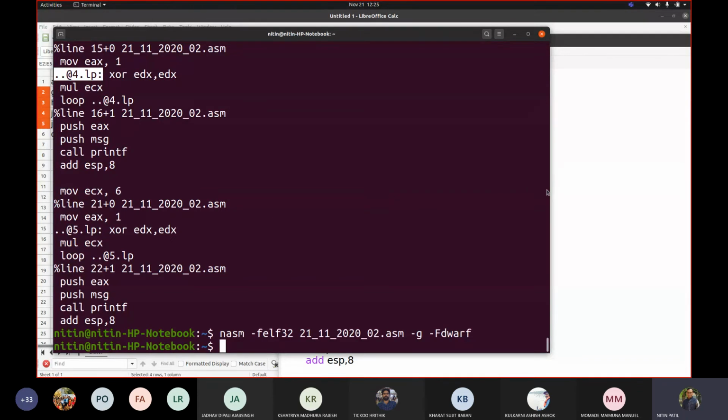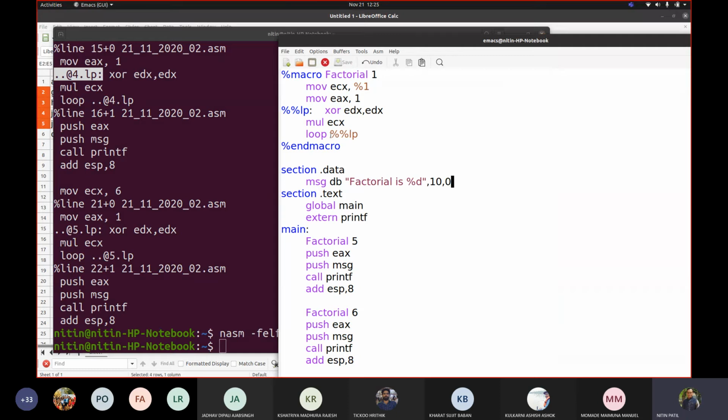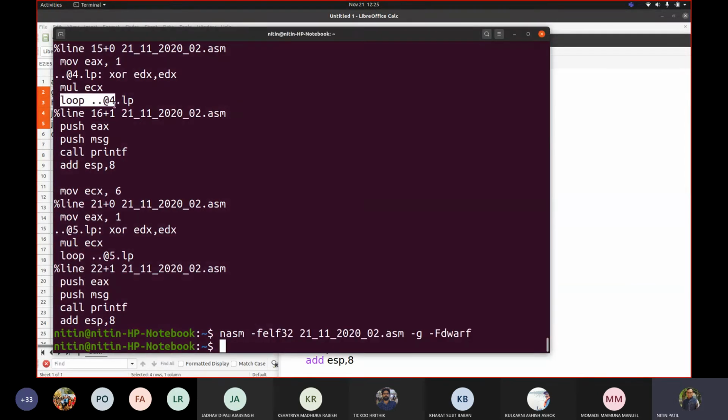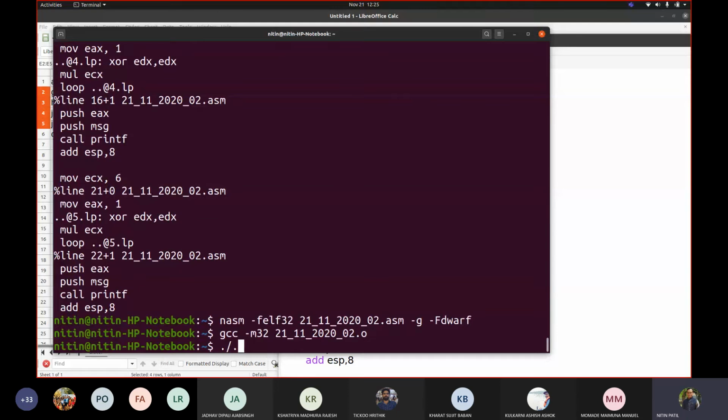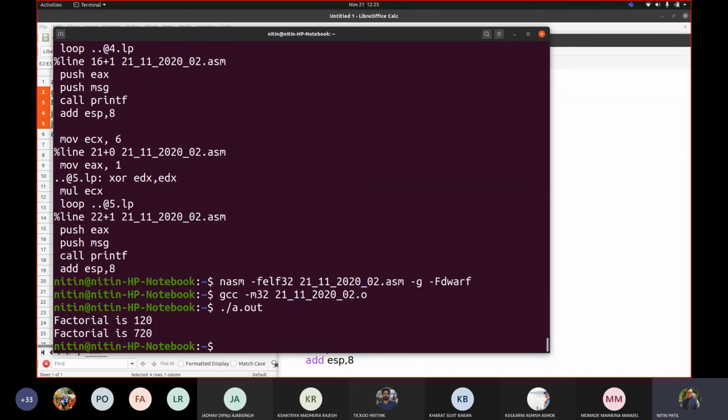To do so, you should prefix a % sign before the label. Then it will automatically take care of the label options. By adding this, you may see it added 4 and 5 appropriately here. And if I now execute this code with GCC and a.out, I can see both values got displayed.